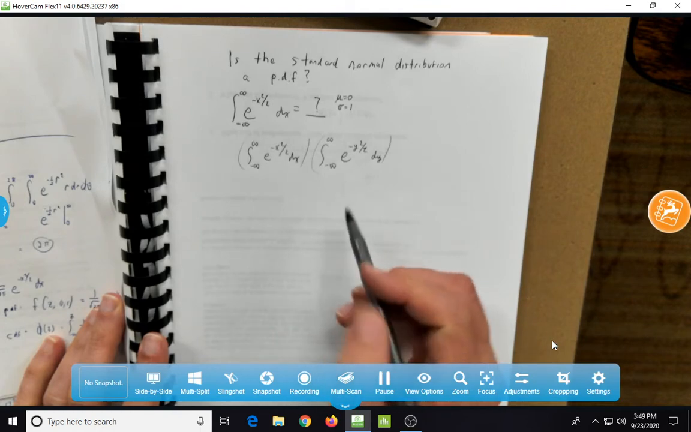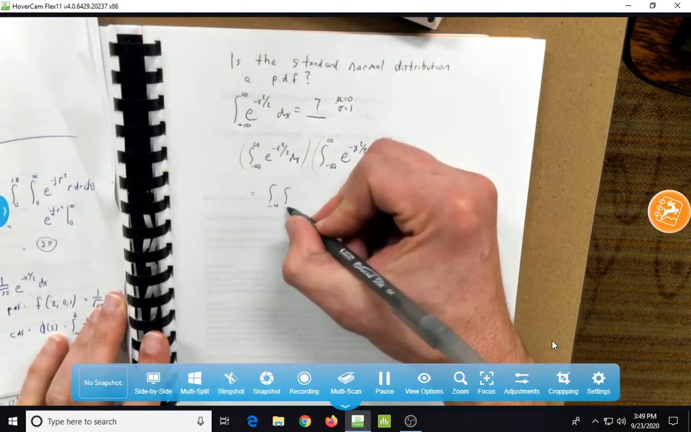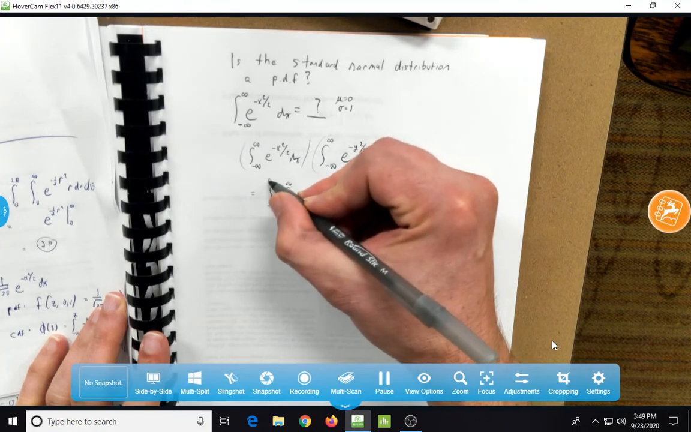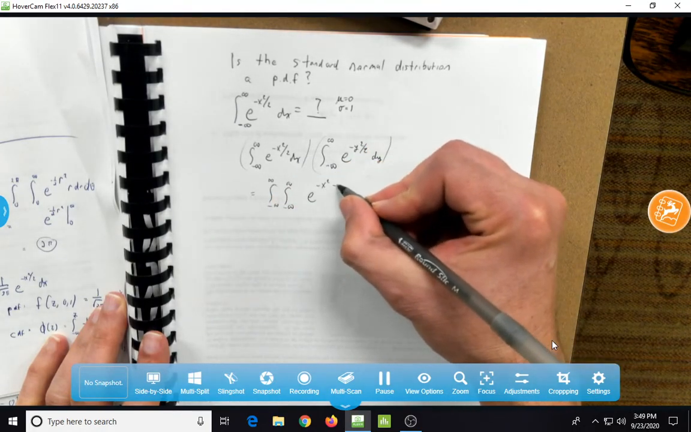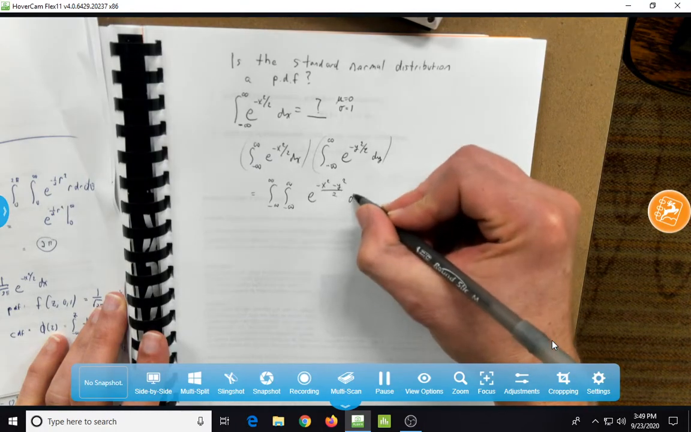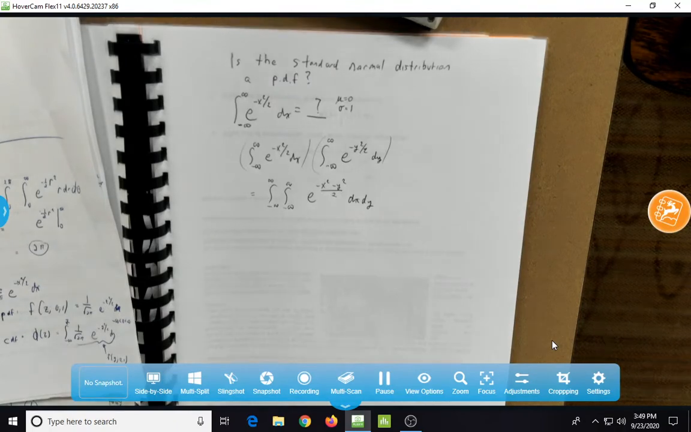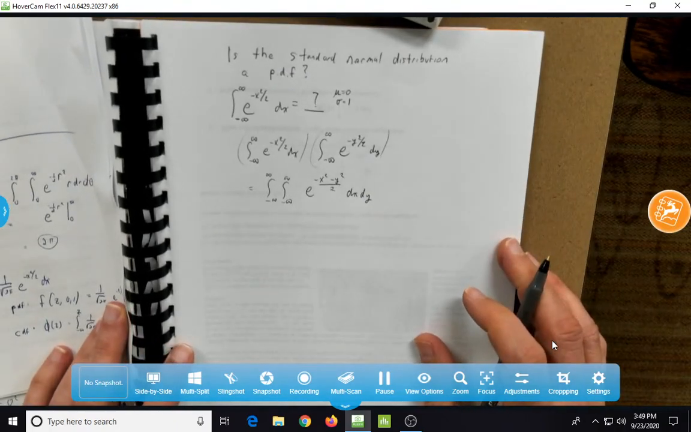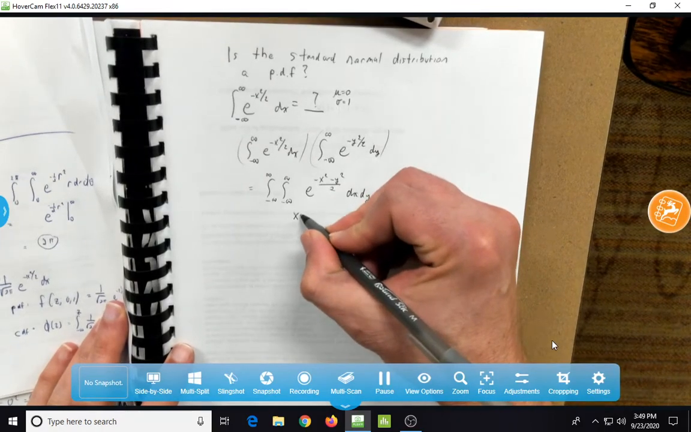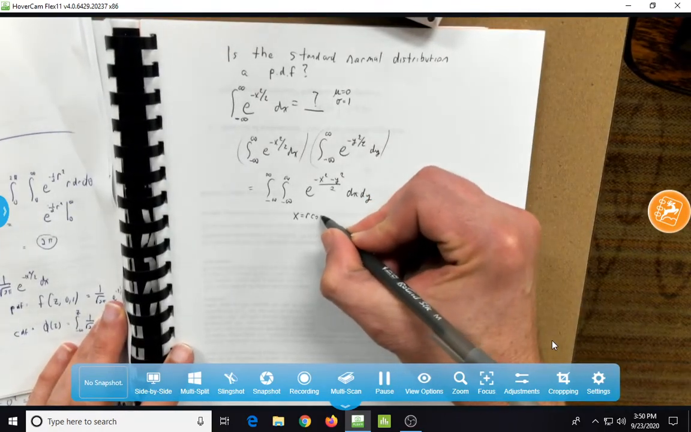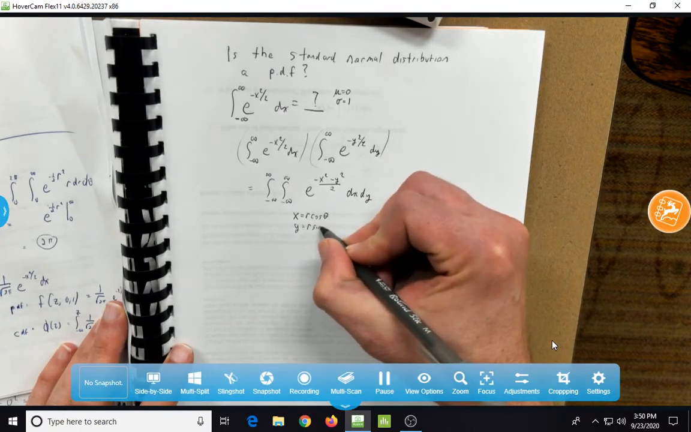So I'm going to multiply it together. And what I get is a double integral. I'm sort of glossing over some things, such as Fubini's theorem and some others that allow me to do this, but we'll just pretend we can. And this is where we can go ahead and use some polar coordinates. If I switch this to polar coordinates, x equals r cosine theta and y equals r sine theta,